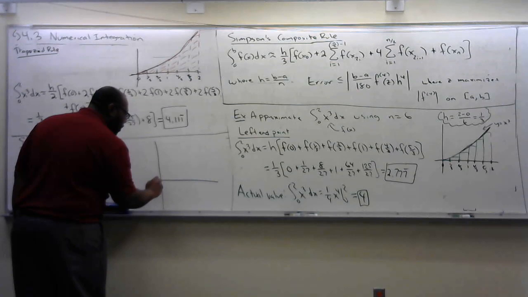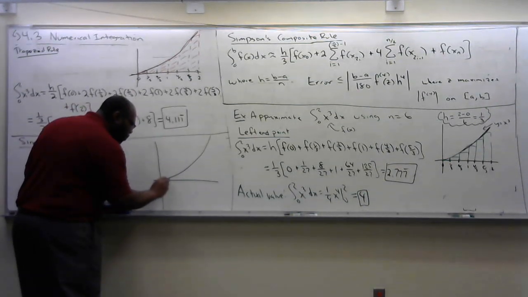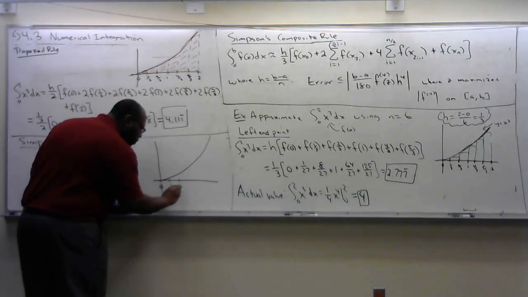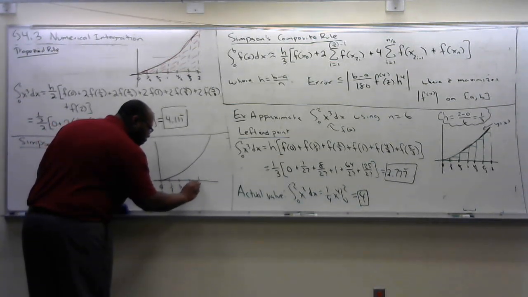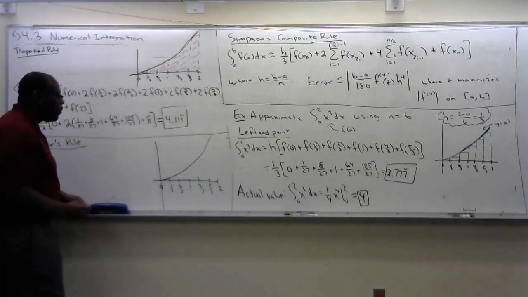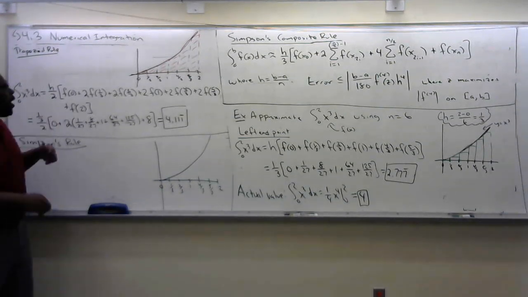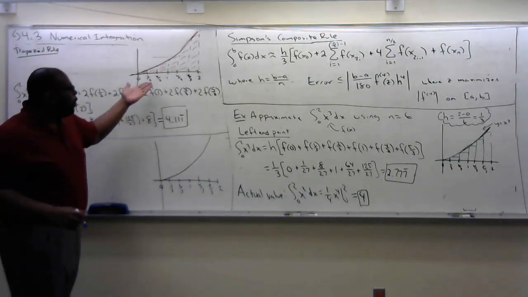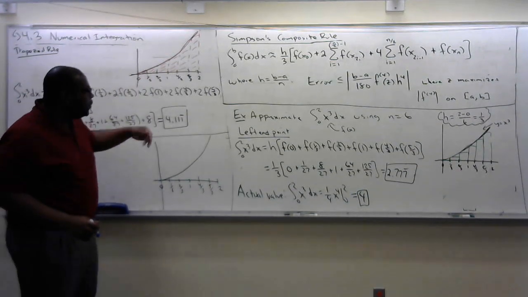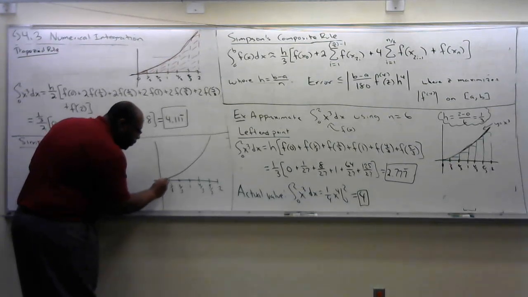Zero, so here is x cubed, just imagine, just a beautiful x cubed, 0, 1/3, 2/3, 1, 4/3, 5/3, 2. To use Simpson's rule, I always have to grab 3 points at a time. So it's a little bit different. Here I have to grab 2 points for trapezoid rule. Here I have to grab 3 points at a time. I grab these 3 points,